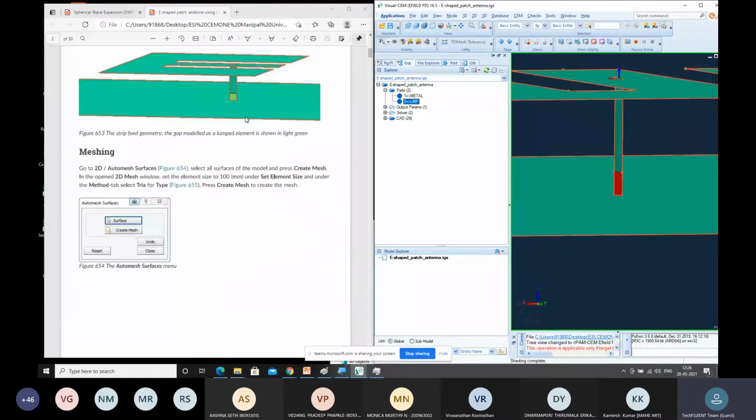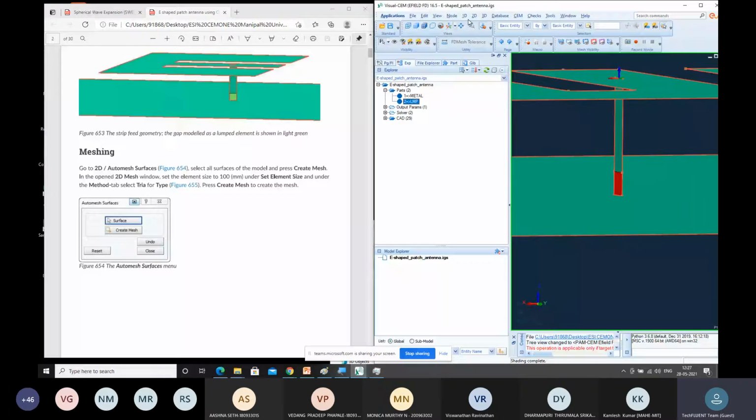So we have two parts. One part is completely made up of metal. So if I assign a metal for this, automatically all the parts will be assigned with a metal. Now I have to go ahead with a normal meshing. Here, when you are going with time domain solvers, the normal meshing does not have importance. Whatever meshing you are doing in the FD is what you're doing in the time domain solver, and that is majorly important. So this particular meshing will not completely solve your problem.